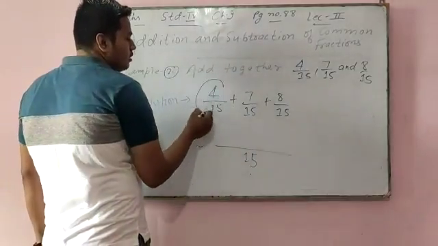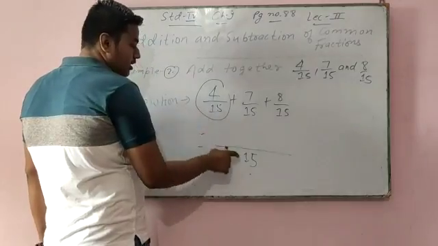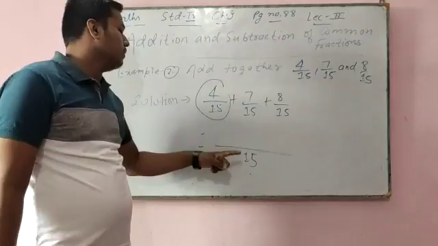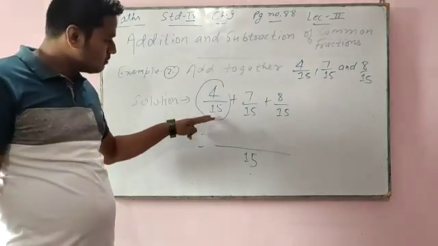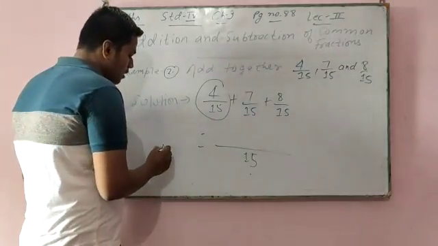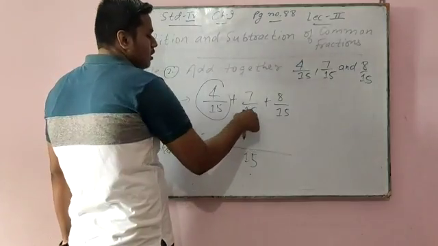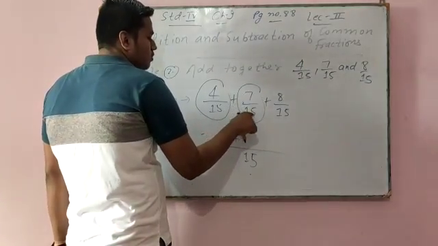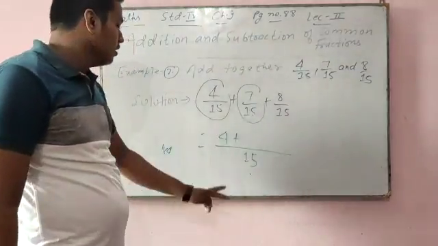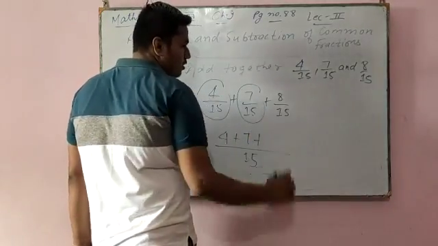Now see the first number. I told you we divide by the denominator, we check it from the denominator, in rough or in your mind. In the table of 15, this 15 will come one time. That one you have to multiply with the numerator, so 1 into 4 is 4. Now come to this number. In the table of 15, 15 will come one time, so that one you again multiply with 7. 1 into 7 is 7. Now come to this number.